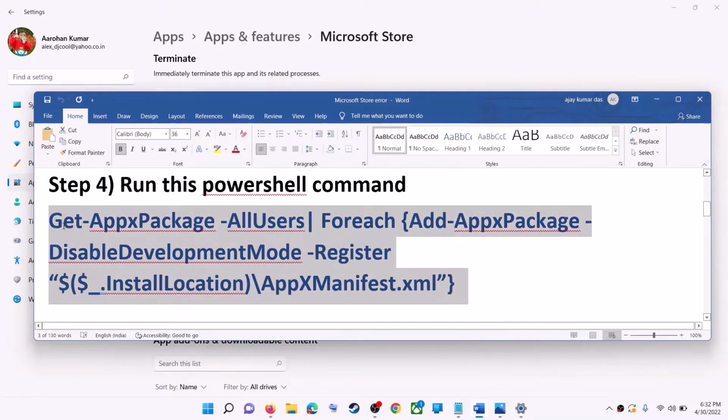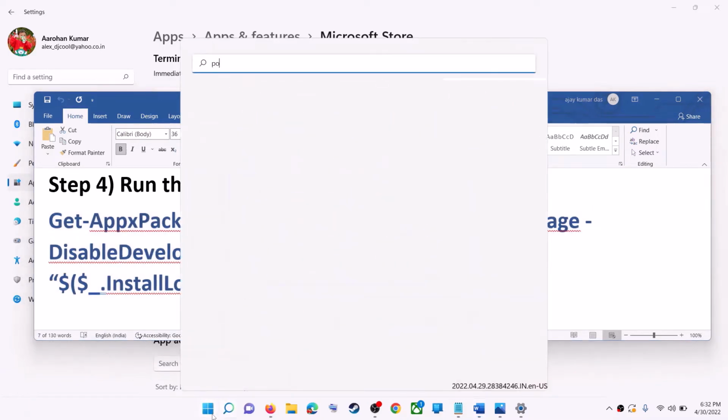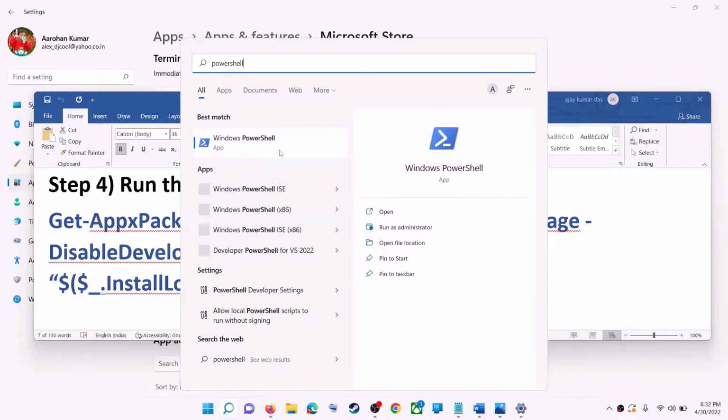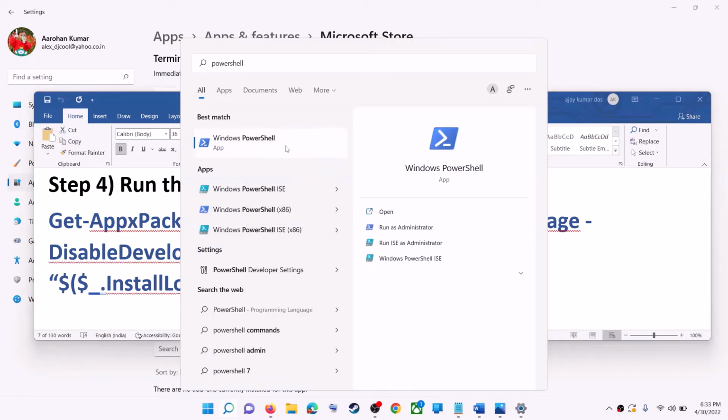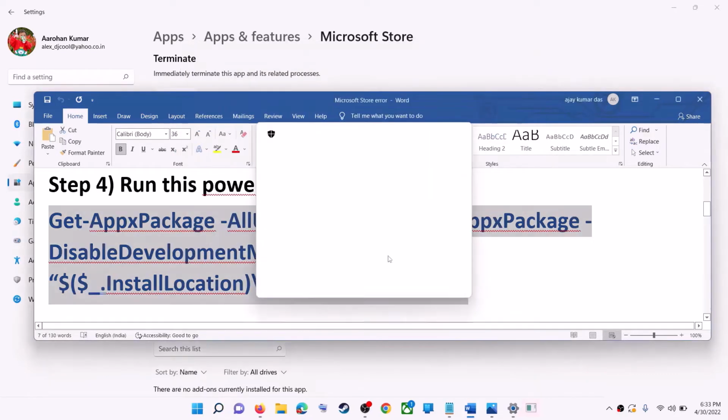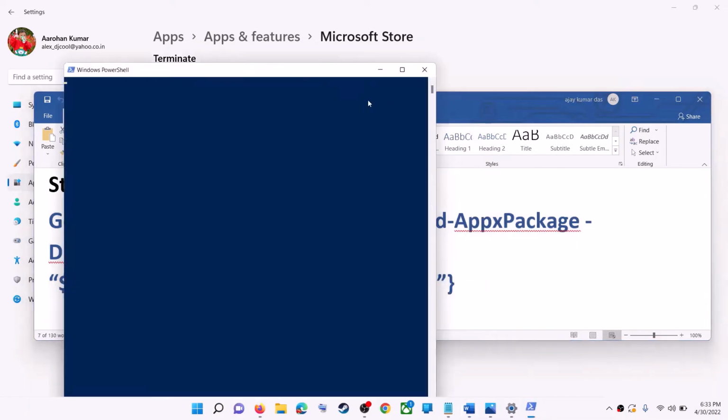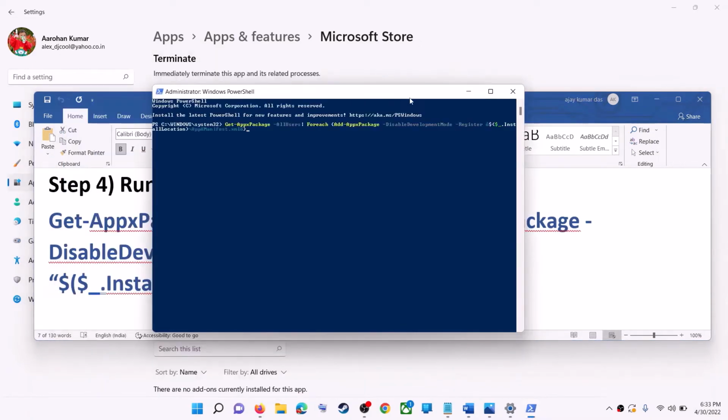This command is provided in the video description. So copy it. Now type in PowerShell in Windows search box and then make a right click on Windows PowerShell and then click on run as administrator. Make sure that you're opening PowerShell as an administrator. Click on yes to allow. Now paste the command over here, hit the enter key